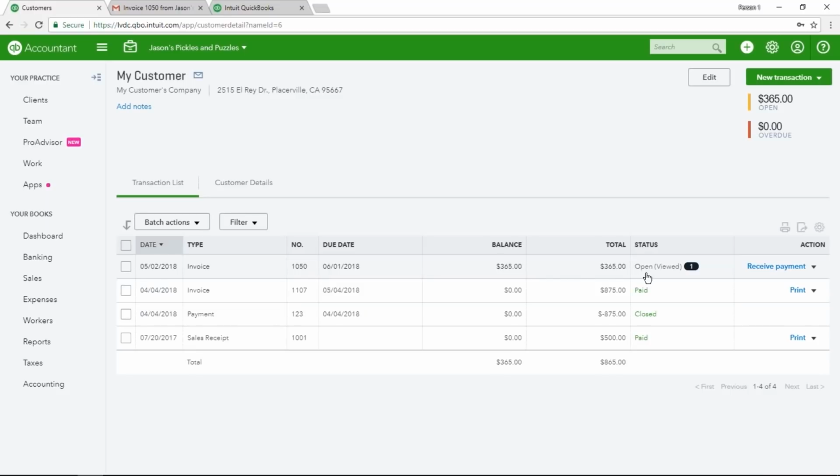And we can see that it's open, which means that it hasn't been paid yet, and it's been viewed. So we can see that they've seen it. And it's got a little number right here for 1. That means that they've sent us a question. They typed that into the activity area. So I'm going to go ahead and click on the invoice,